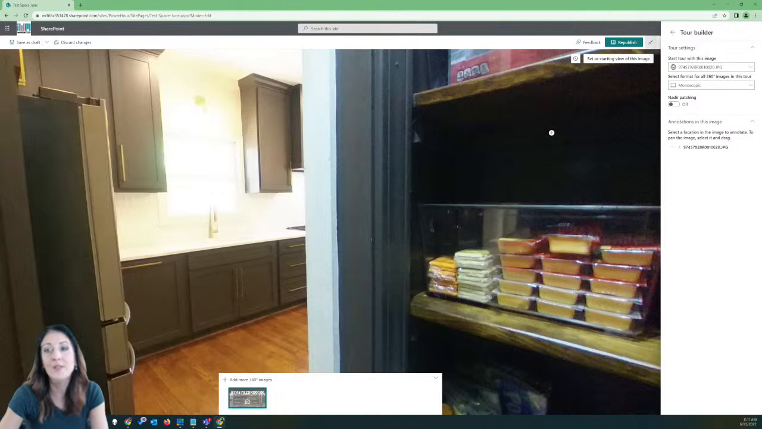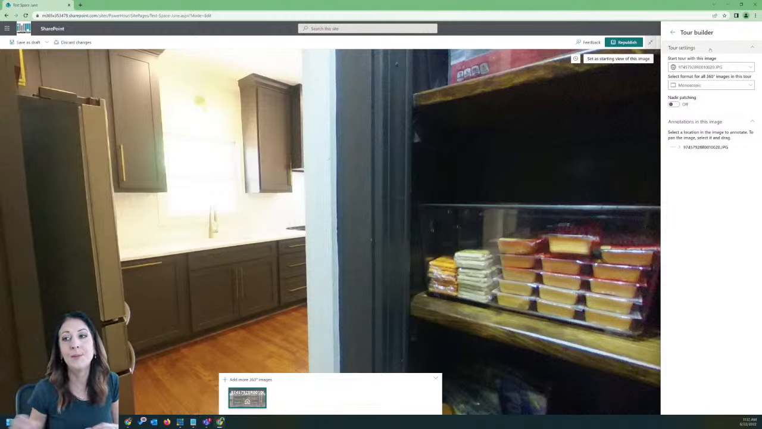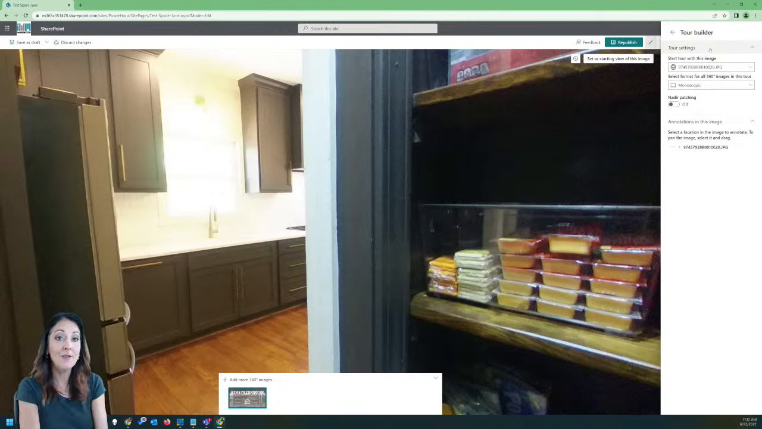Okay, so now I'm in the tour builder. This says tour builder, tour settings, and this is going to be specific to the image tour. So you have to go ahead and publish the page and go inside of the image and then edit it so you can get inside of the tour builder. This is where it lets you build out by adding all of the different rooms and by adding labels to things. So